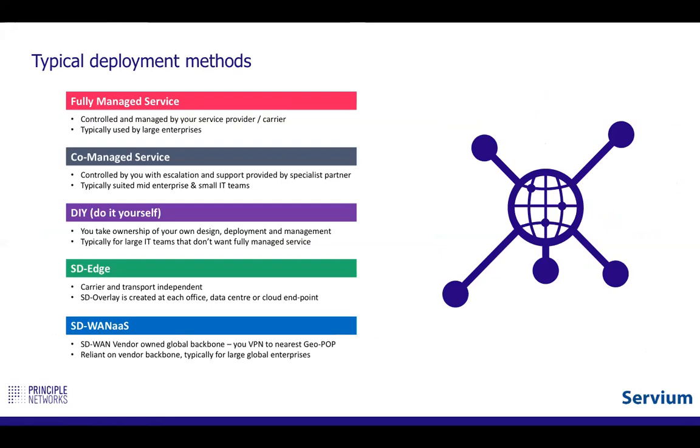Now, I just wanted to talk through a few typical deployment methods, which, if you've done your own research, you'll be aware of. So a fully managed service is typically aimed at the larger enterprise market. A lot of the SD-WAN vendors and service providers out there are trying to attack the enterprise market, and a fully managed service in that environment does work well for your Unilevers and so on and so forth. But fundamentally, you're buying into an SD-WAN, which is then controlled by someone else, which is not necessarily the point